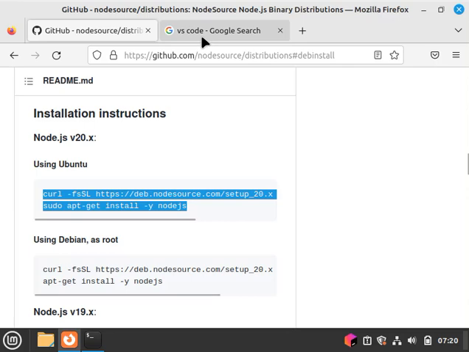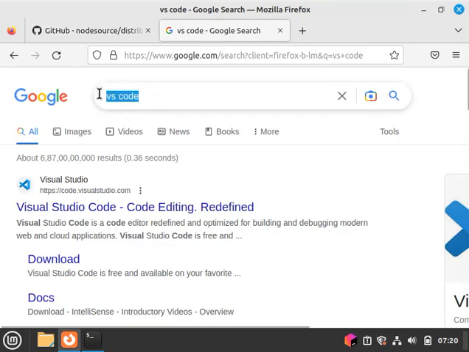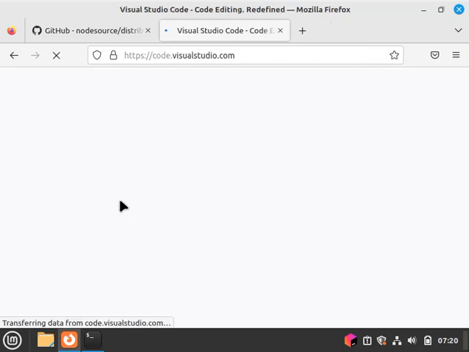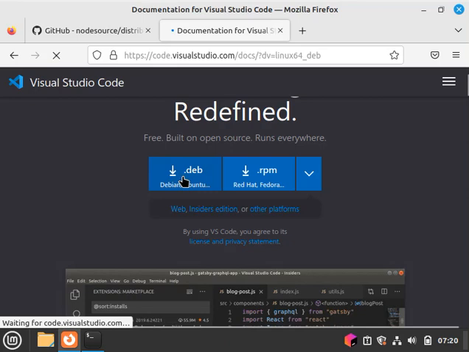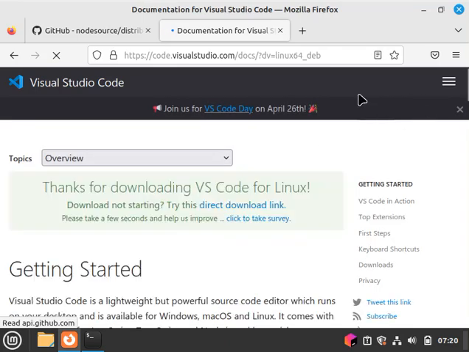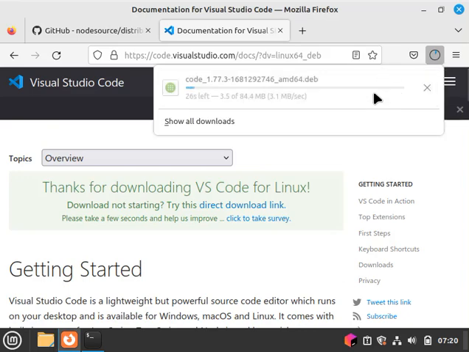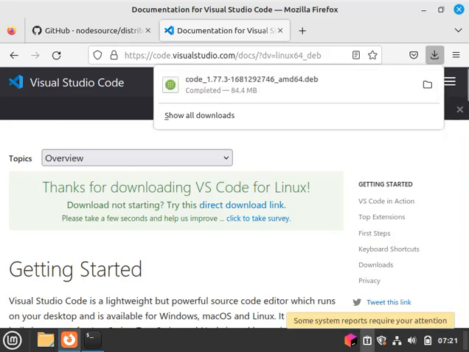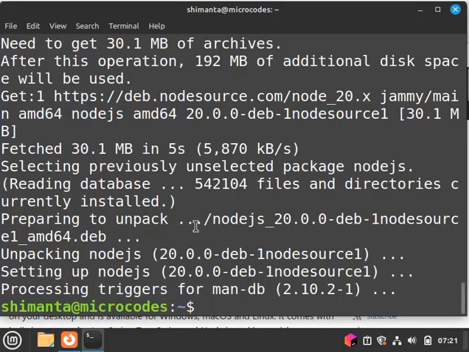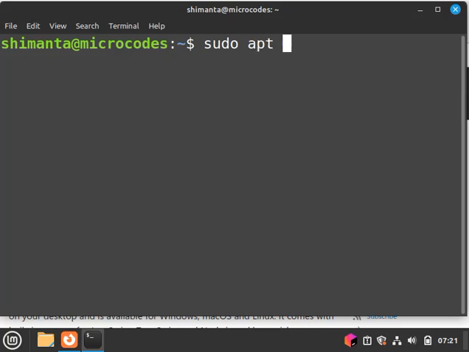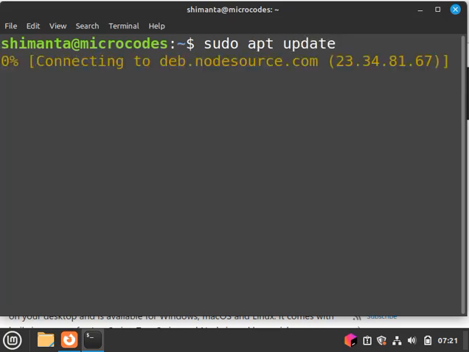Now we also need a good text editor, which is VS Code. So in the Google search for VS Code and click on this first link. Now from here click on this .deb file, and it will start downloading a VS Code .deb file. Okay, after the download, open your terminal, and from here clear all the things and type sudo apt-get